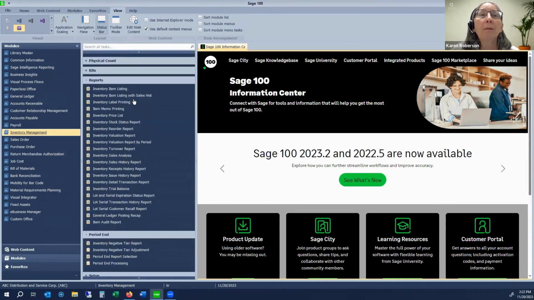A couple more points about inventory. You have your inventory valuation report, and that's another one where when you run it, it is for right now, this point in time. Now, the inventory valuation report by period, that does allow you to go back, like right now, we're at the 20th of November. If I wanted to run it for October 31st, I can do that. You can set the date back. It is not totally 100%